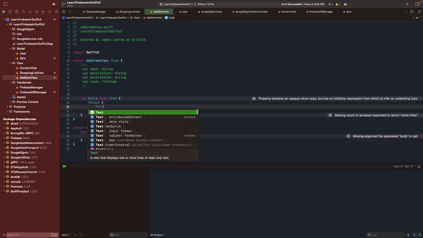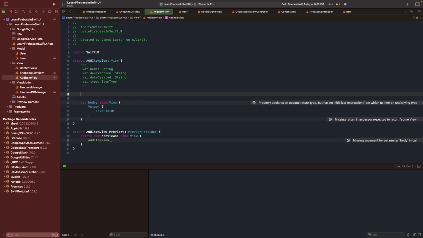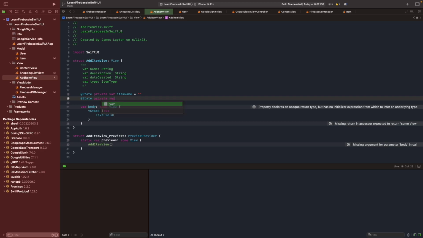I'm gonna create a text field first. So we're gonna have a few items here. I'm gonna have a state private var, I'm gonna call it itemName, equal to an empty string, state private var itemDescription,